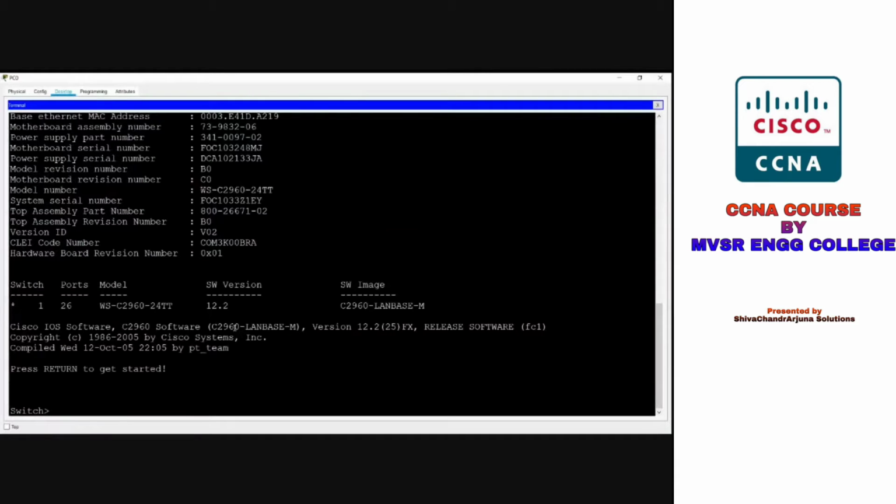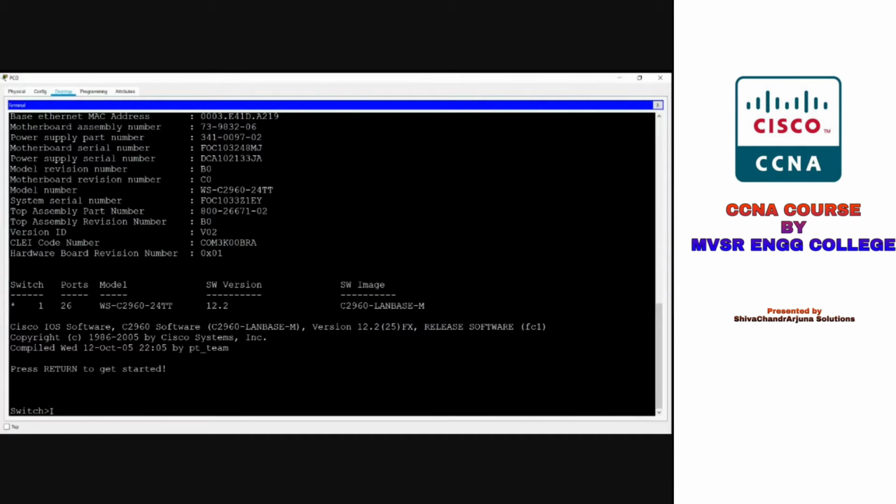Generally we can have two modes here. One is user executive mode. Next one is the privileged executive mode. So what is the user executive mode? Generally, when we start the configuration of the switch, the state is in the user executive mode. That means user executive mode generally allows access to only a limited number of basic monitoring commands here. It is identified by the CLI, command line interface, and this ends with the greater than symbol. You can see the greater than symbol here.